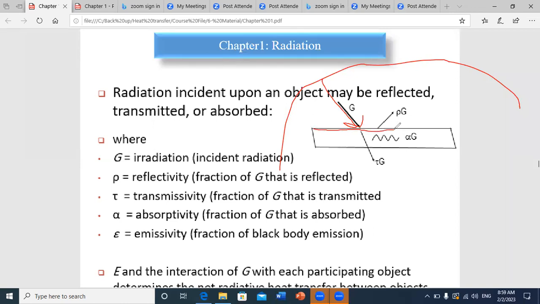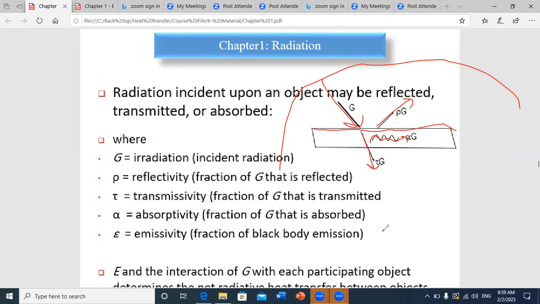Now, what will happen? A part of this irradiation will be reflected directly by the surface, and another part will be absorbed by the surface, while a third part can be transmitted from the surface